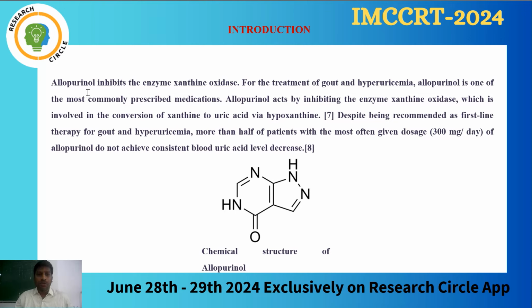Allopurinol acts as a xanthine oxidase inhibitor, because xanthine oxidase is the enzyme which produces uric acid. So if that enzyme is inhibited, uric acid production will be stopped. So the allopurinol and Lesinurad combination is selected for this analytical method development. This is the chemical structure of allopurinol,